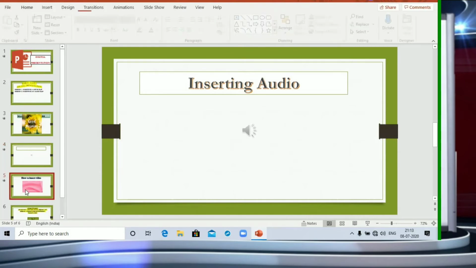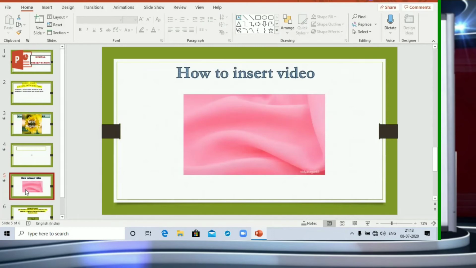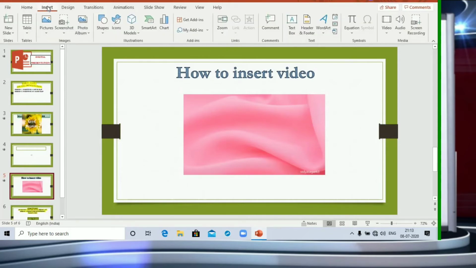Next is how you can insert video into your slides. The process is the same. I have already inserted one video. What you have to do is go to Insert, then go to the video option. Once you click on it, you will again have two choices: do you want an online video, meaning from the internet, or a video from your PC?